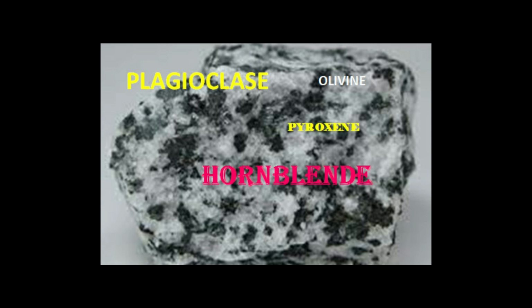Now before moving forward, let's just clear one thing. As we are saying that in gabbro pyroxene is present, whereas in diorite hornblende and biotite are present, in this case we are talking about the major mineral present in it. So it's possible that gabbro may contain some hornblende, biotite, and diorite may also contain some pyroxene, but they will be in very minimal amount.